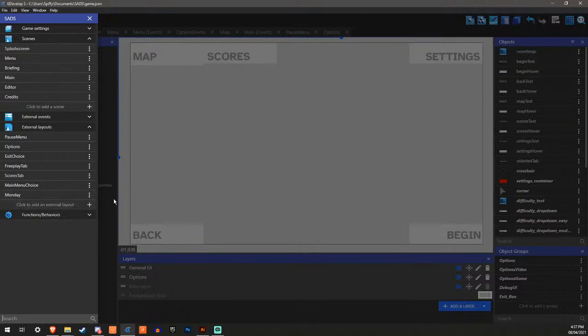Okay, I can probably use this with external layouts too, with showing certain things where it needs to. Alright, so this can be scores. Actually, I don't need an external layout because it's only going to be on the briefing screen. Although it does help it get uncluttered. No, I won't use it, it's just a bit too much hassle.